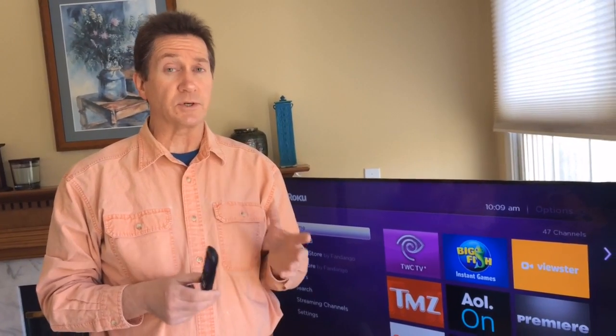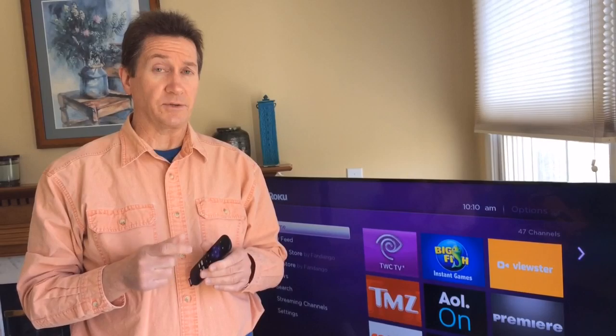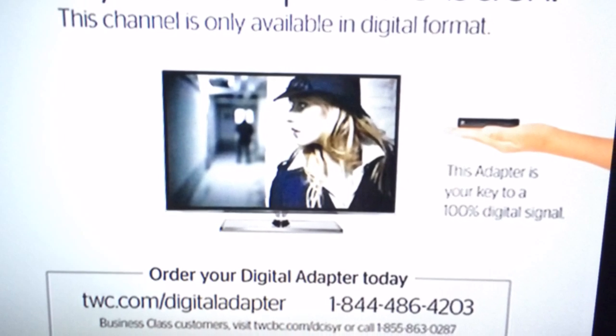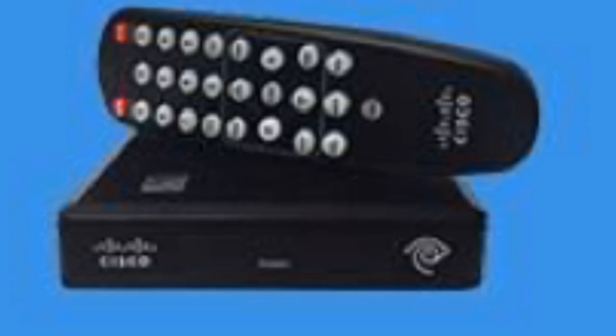Now, Time Warner is in the process of switching over to an all-digital system, and that's a good thing for customers because a digital signal is a better one than the old analog signals. But one problem with that is that if you had your television set hooked up directly to a cable line to get your television picture, you won't be able to do that anymore. You're going to need a digital adapter that you would rent from Time Warner to get any type of a signal. And that's because Time Warner is going to be encrypting these signals, and you're going to need the box